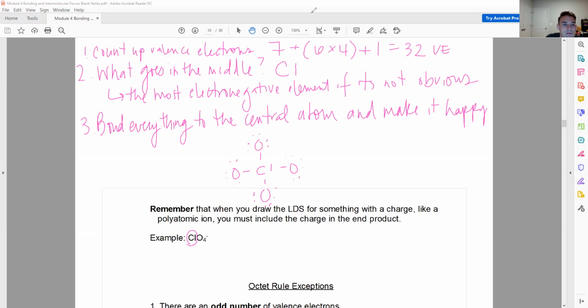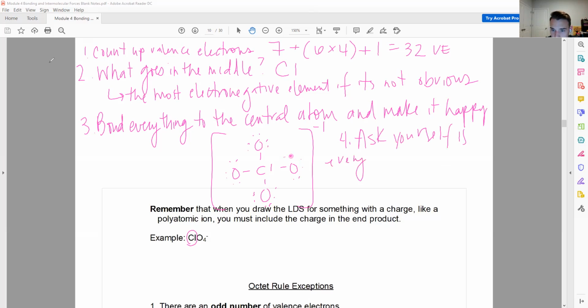Maybe I can make this, no, I can't do, well, let's see. That's too much, that's not good. They're there, just trust me. So we said things that have a charge go in brackets, and I put the charge. And then the fourth thing you have to do is ask yourself,